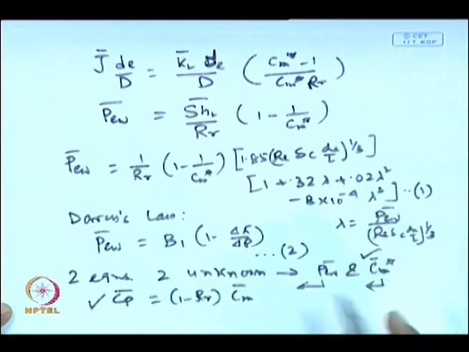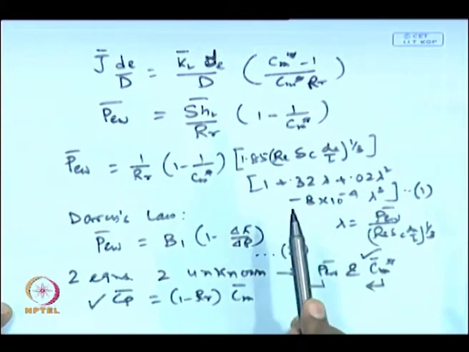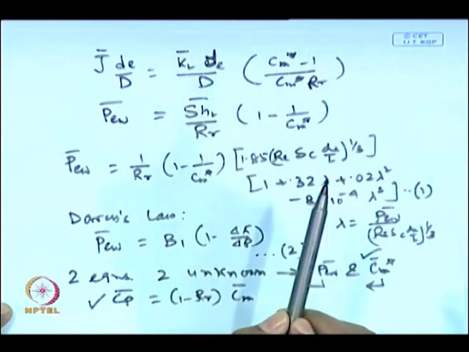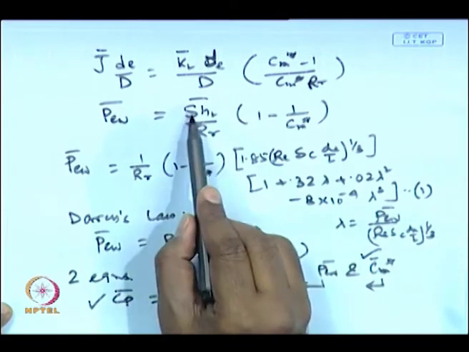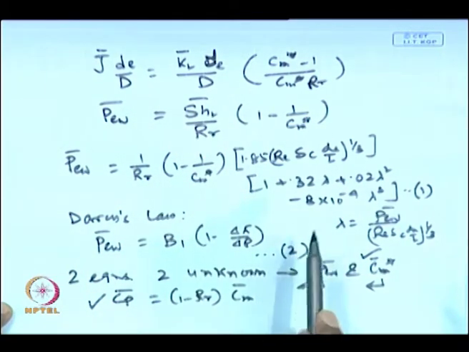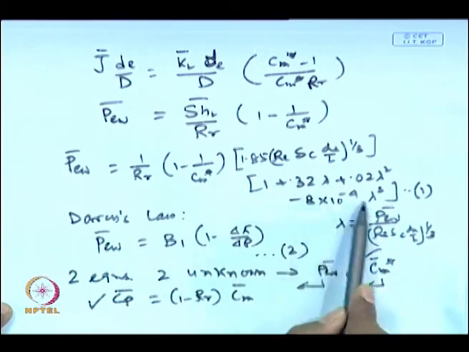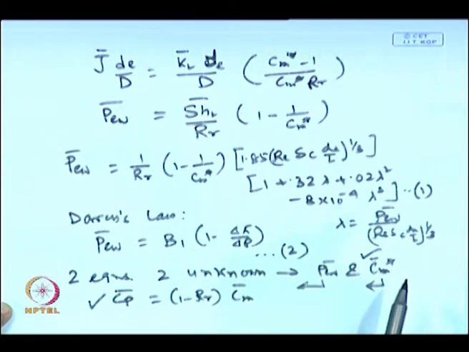In a tubular module, the same thing will be valid, only the difference is that the D equivalent in the rectangular case will be replaced by the inner diameter of the tube, number 1. Number 2, the expression of Sherwood number will be different in the tubular module, that will be 1.62 Reynolds number D by L raised to 1 upon 3 into this polynomial, which will be something else that you have already written down. By the same way one can predict the system performance in case of tubular flow without having any adjustable parameter. You can predict it from the fundamentals.